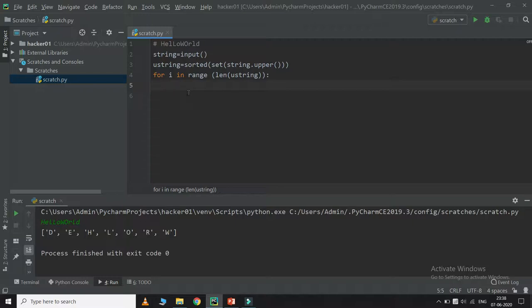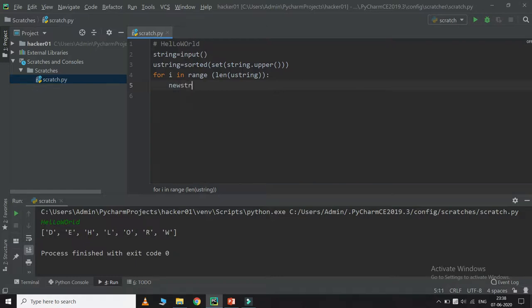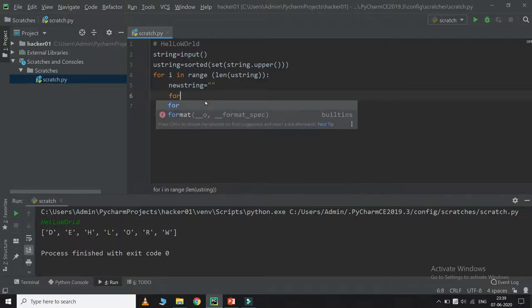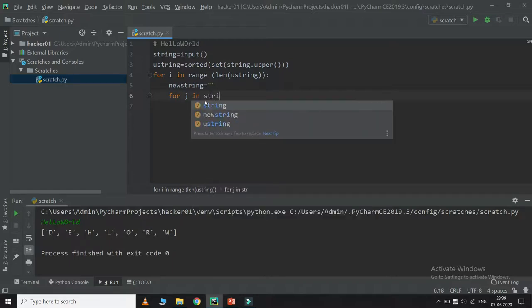And every time we'll make a new string to take the combinations of the string. So every time we take a new word, if it happens with D, again we'll just take E and make this string empty again. Down here, I'm also going to make a new for loop for j in string.